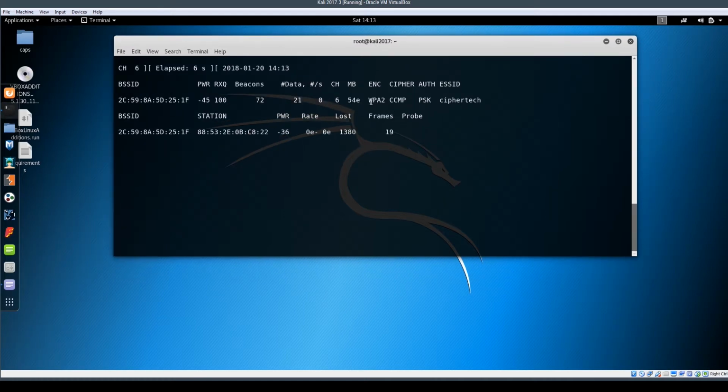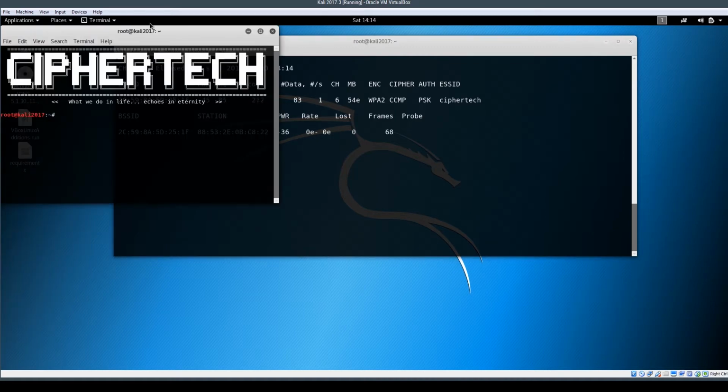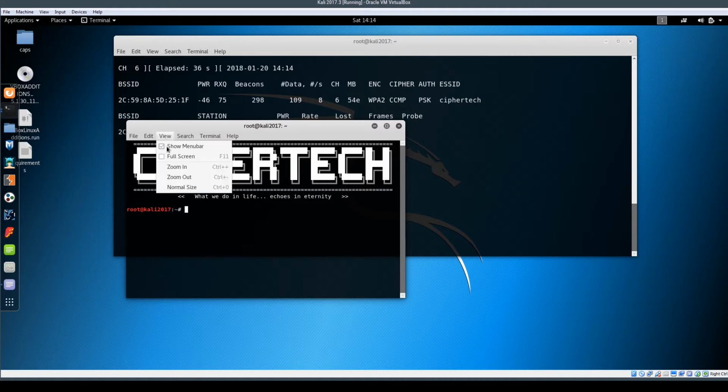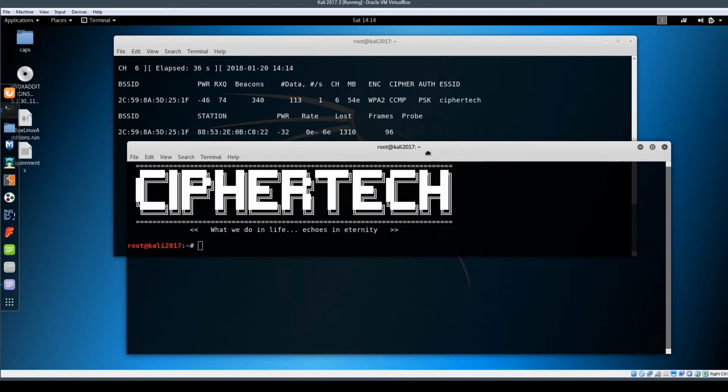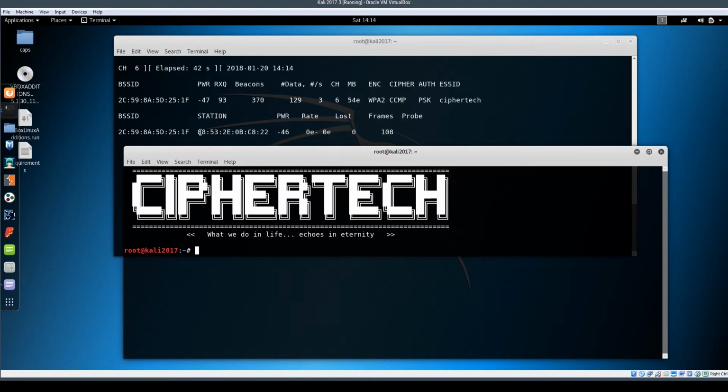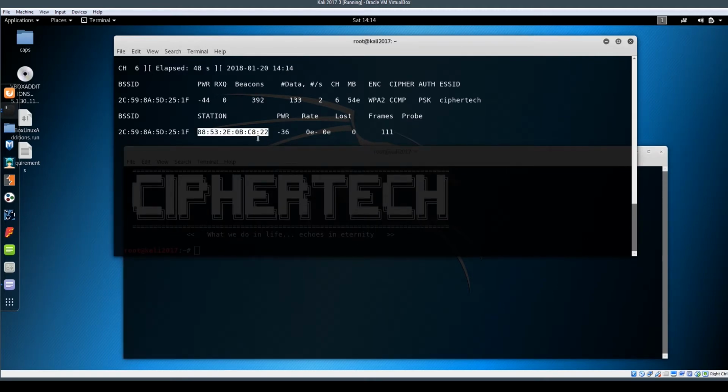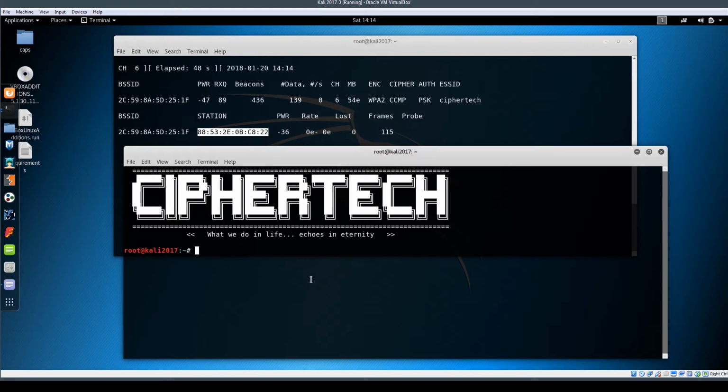So ciphertech here, I've got one client connected beginning 88 on the MAC. And what we want to do now, we can leave this window open because we want it to capture the WPA handshake when we deauthenticate the client from the access point. So we just open up a new terminal, and this is the client. This is where the WPA handshake will be captured up top here, and to deauthenticate the client on the network,